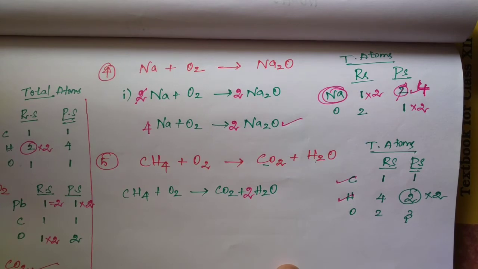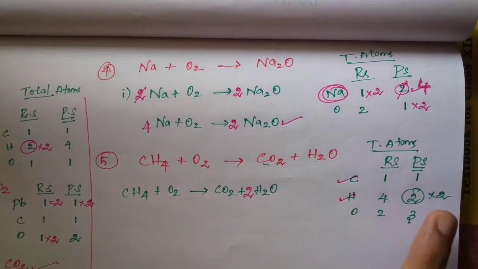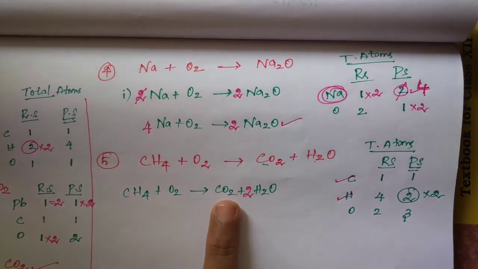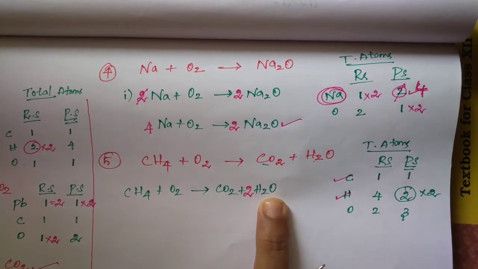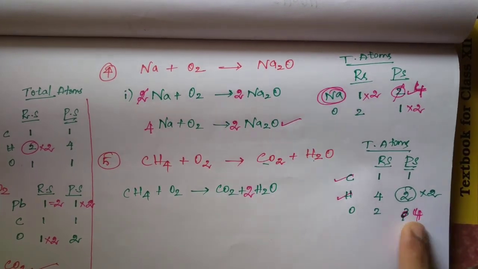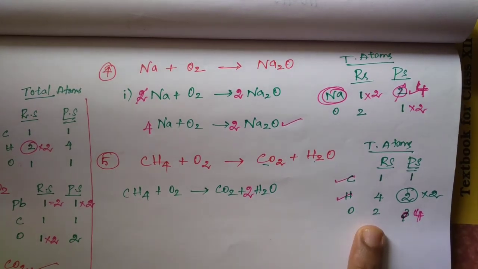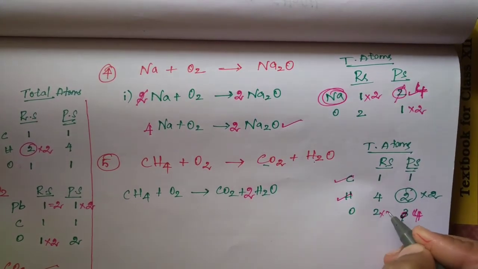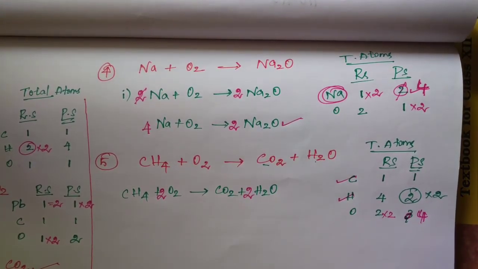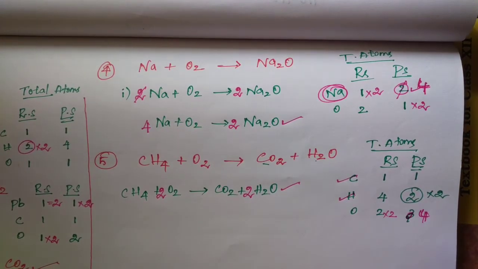Now trick 2 is applied, students. Next, now count once again. Carbon 1 balanced. Hydrogen 4, here 4 balanced. But oxygen, count here. Here 2, here 2, totally 4. Now it becomes 4. In product side, it becomes 4 now. But in reactant side, 2. How will you convert this 2 into 4? Multiplying by 2. So 2 into 2. Now multiply by 2. So this is trick number 3, students. So now this is balanced equation. Clear, students?